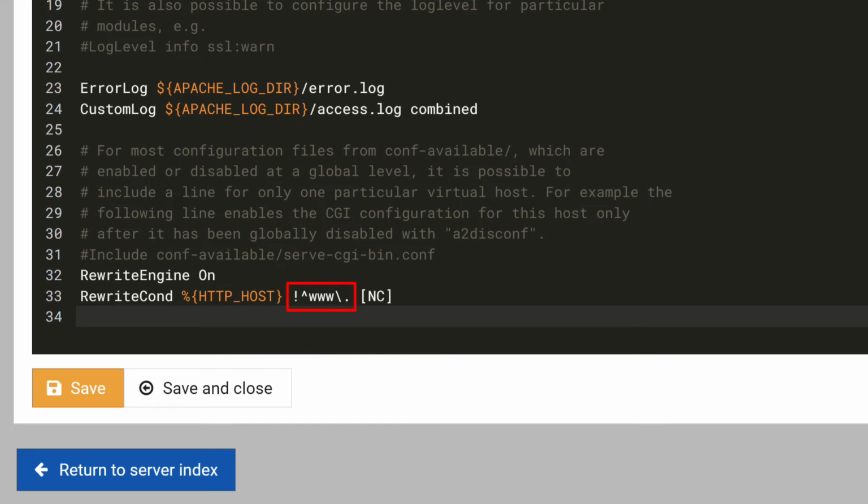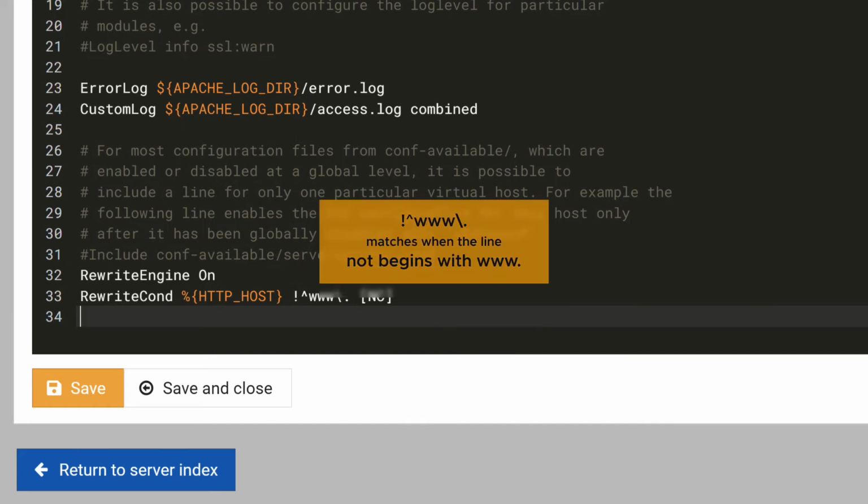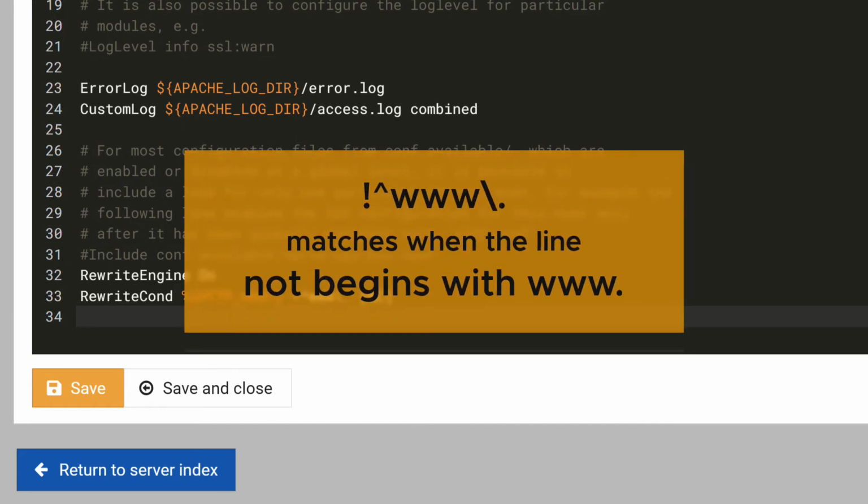The exclamation is the not operator, and the caret means beginning of line. Period is a regex operator, so it must be escaped with a backslash for a literal period character. The expression becomes not begins with www and a period. In other words, the visitor did not prepend the domain name with www.